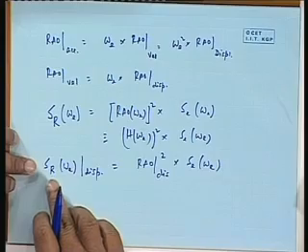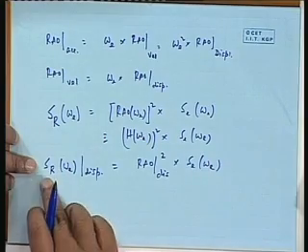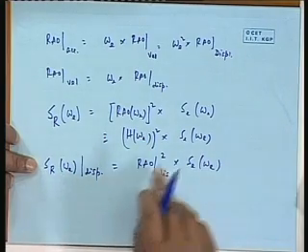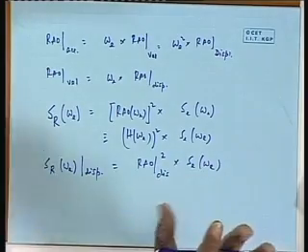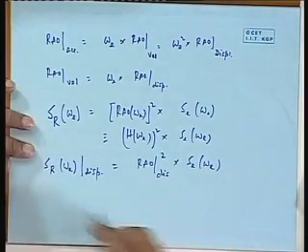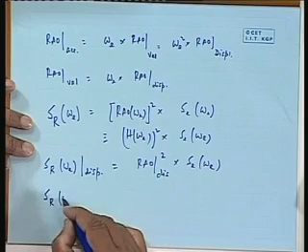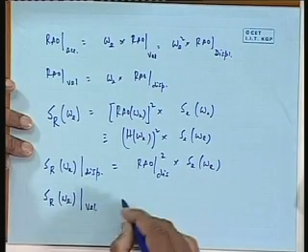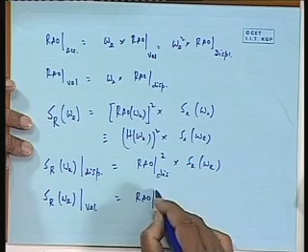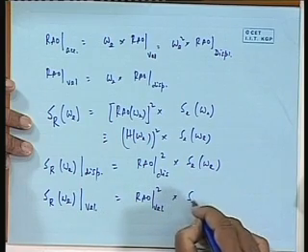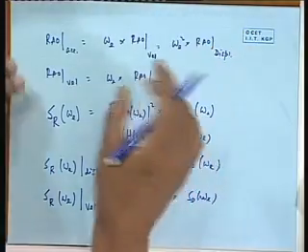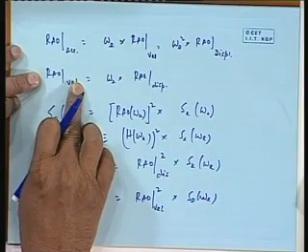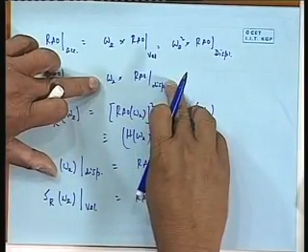See, if I want to find out my displacement response, then that is RAO for displacement square into wave amplitude. This much we have always been doing throughout. But if I want to find out the velocity response, then I must take RAO square of velocity into SE. That is what I should do. But RAO square velocity is the square of this, which is omega e square into RAO square displacement.